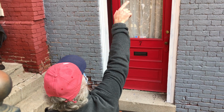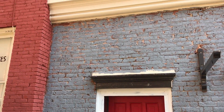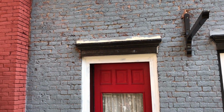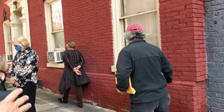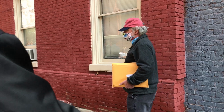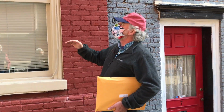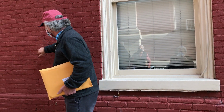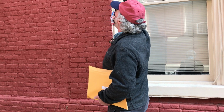Now this building has been repaired at some point because there's a running bond up here above the top. But that doesn't diminish its historic significance at all. It just was repaired at one point. This building, you see, looks like a water table. This building is designed in terms of classical architecture. It's given a foundation and a water table. It has Flemish bond brick pattern with very careful struck joints, thin joints that go all the way up through